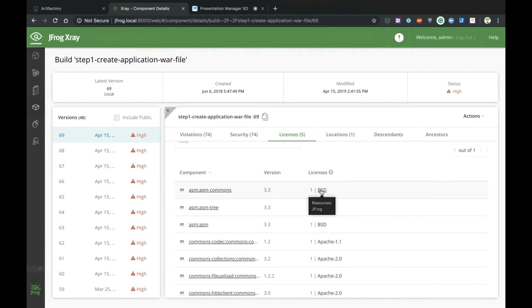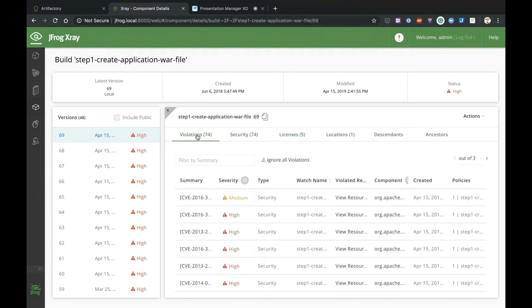I will not allow anyone to use BSD licenses. To be fair, that would be slightly awkward because most of the software that's being built today is either Apache, MIT, or BSD license. But we'll look at how you would set up a license violation policy. But the cool thing is, and skipping back to violations for a sec, as I click on